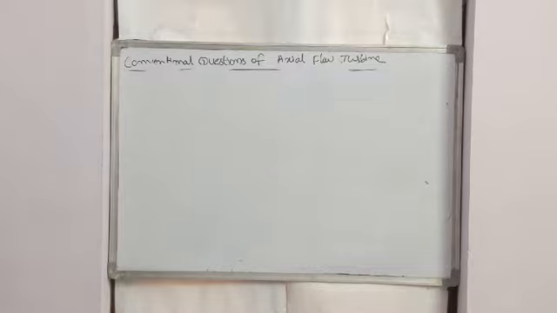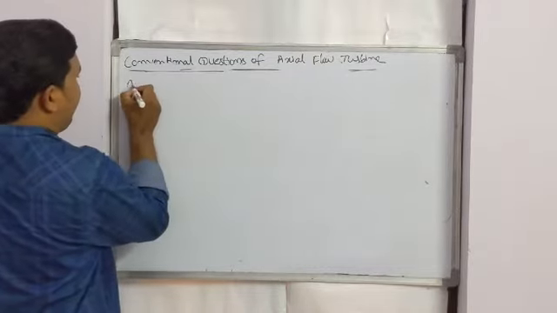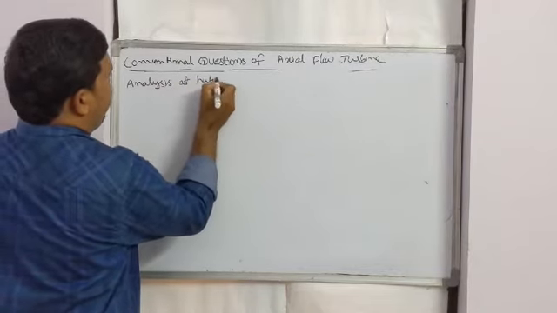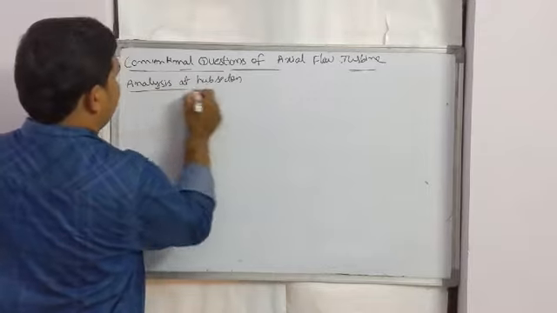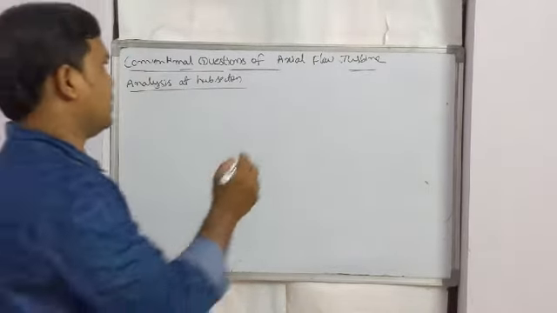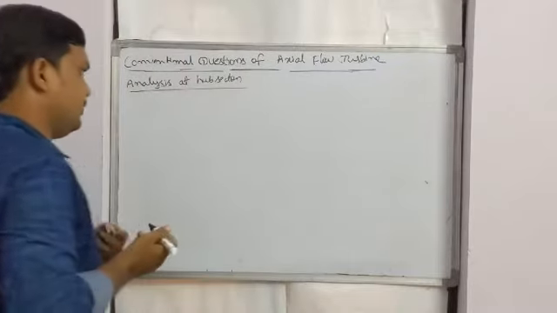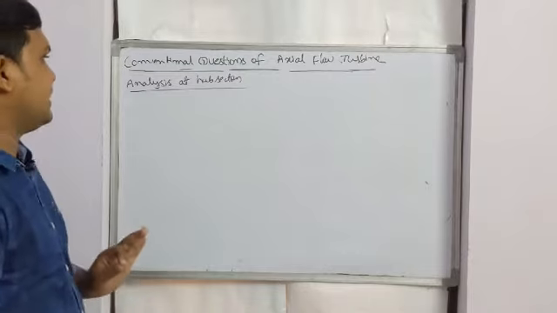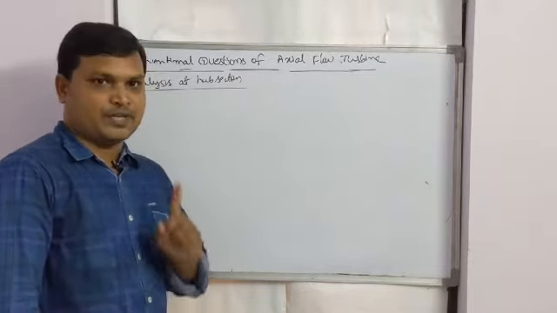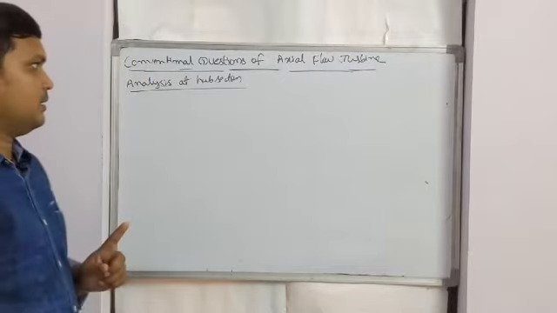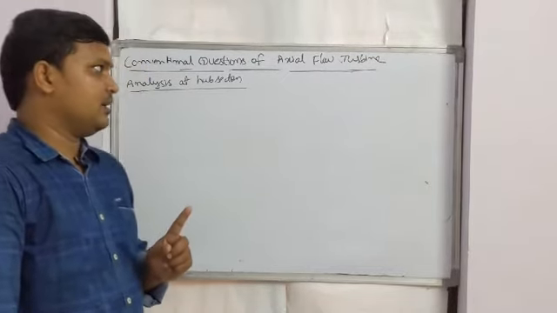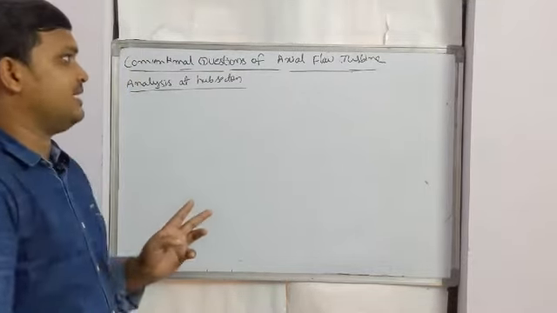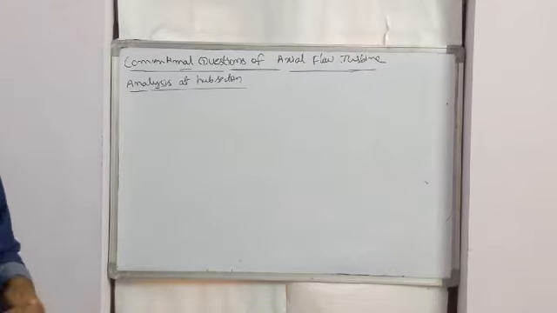So one by one we will solve. First, analysis at hub section. Whenever we wish to find out the angles, we should draw the velocity triangle. For deciding the velocity triangle of a reaction turbine, first we should find out the blade velocity at inlet and whirl velocity at inlet. The relation of VW1 and U1 gives the inlet velocity triangle diagram. So let us find out one by one.